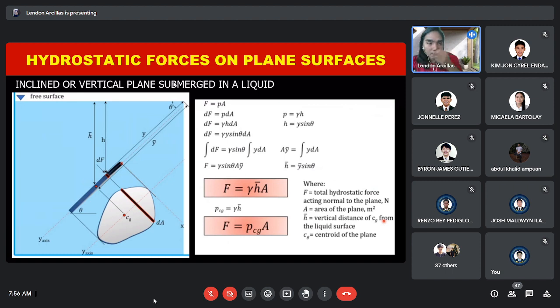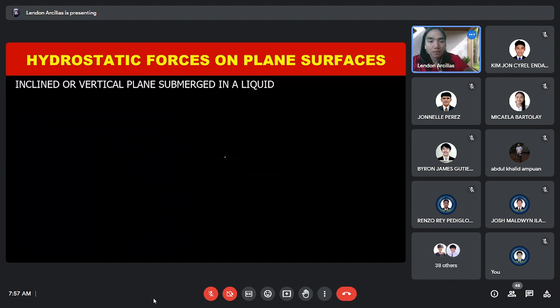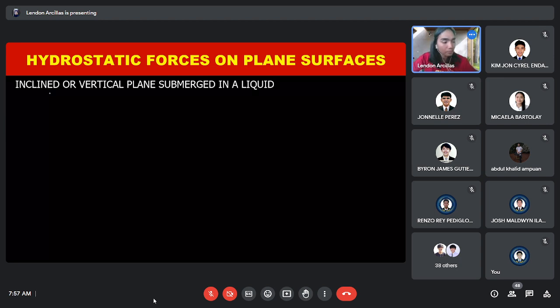So balik tayo dito sa hydrostatic force. Hindi ko na-explain further yung ating formula, how this formula came up, because hindi naman siya kailangan. Parang how does this formula derive? So yun, examples natin ng pressure kanina, there are two types of